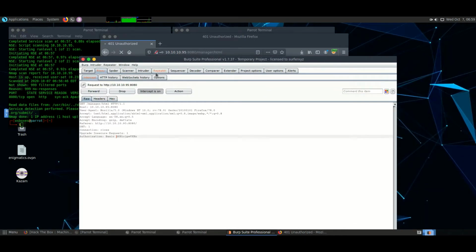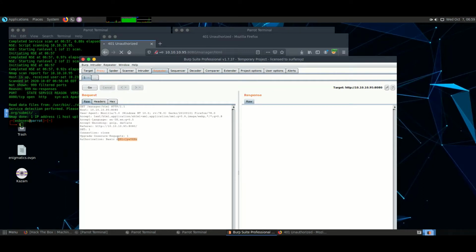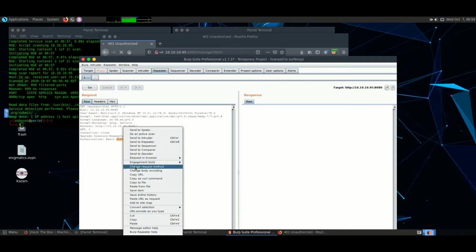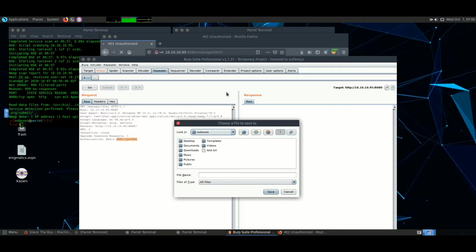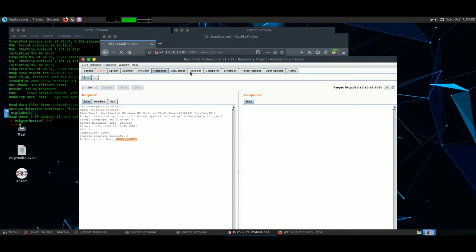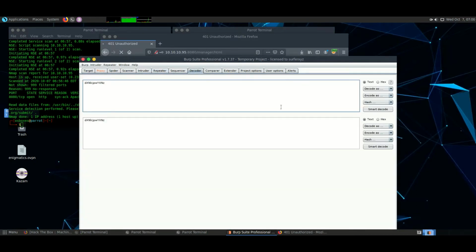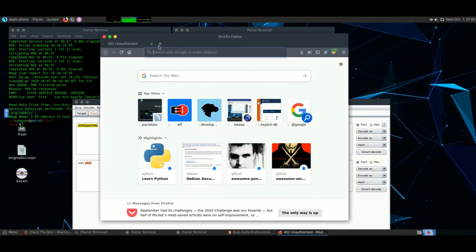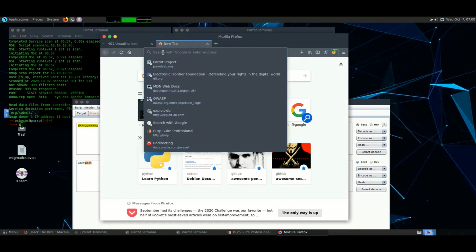Let's see if I can check it in our decoder. It's saying something like base64. Let's check it. Okay, yes, it's base64. Username and password are sent there. Let's try some default password for Apache.